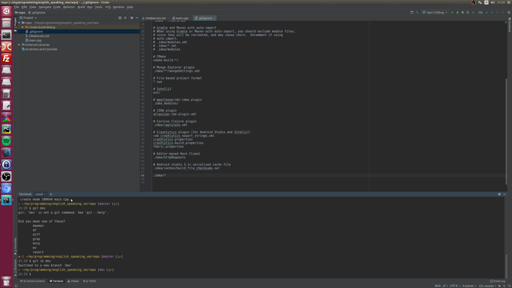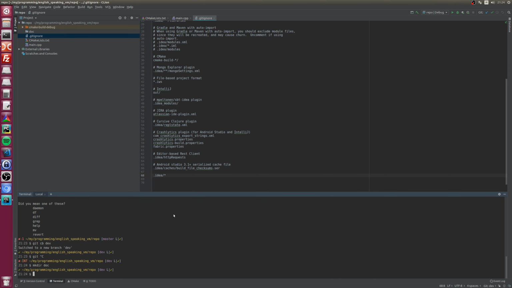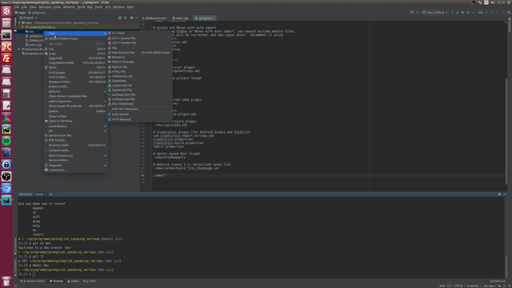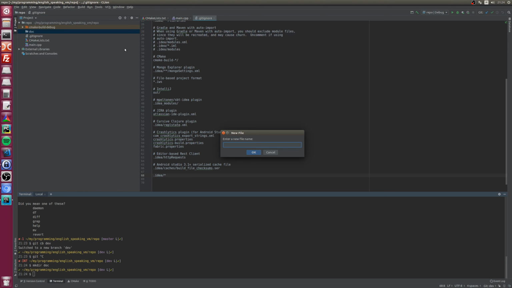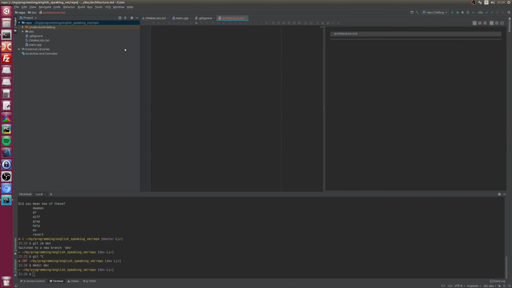So first thing, let's create a doc folder, of course for documentation, and then let's create a markdown file, which will be about architecture. Here we will describe the whole architecture that this virtual machine represents.